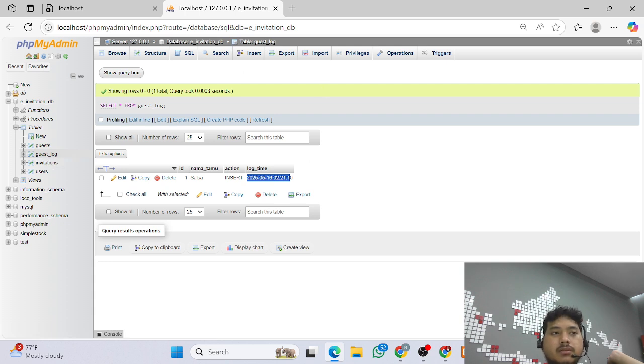So I think that concludes the demonstration of the advanced features in my invitation database system. It's already done. I've shown you how I implement functions, stored procedures, views, and triggers, all designed to support real-world needs in managing online invitations. Thank you for watching, and I hope this project reflects my understanding of advanced database concepts. See you in the next